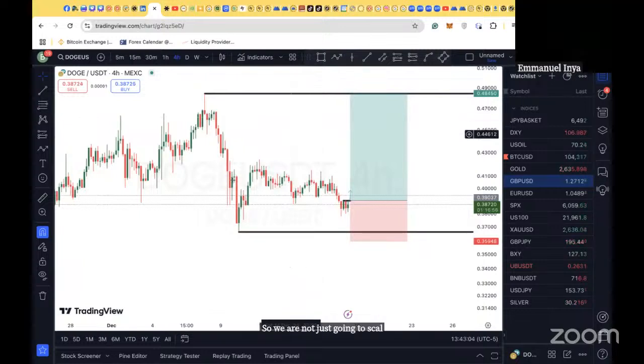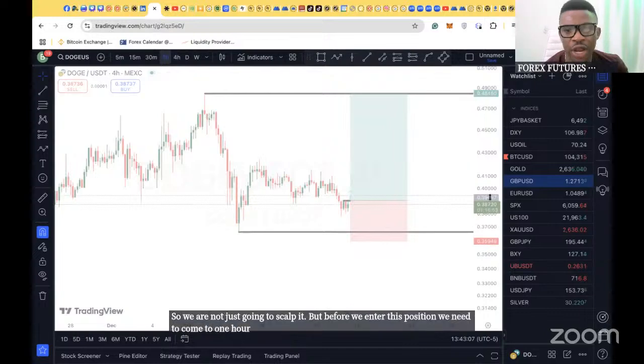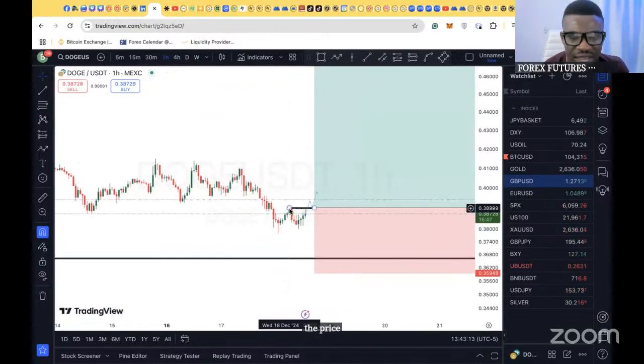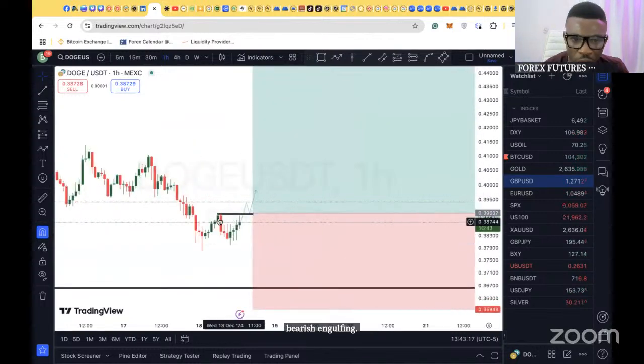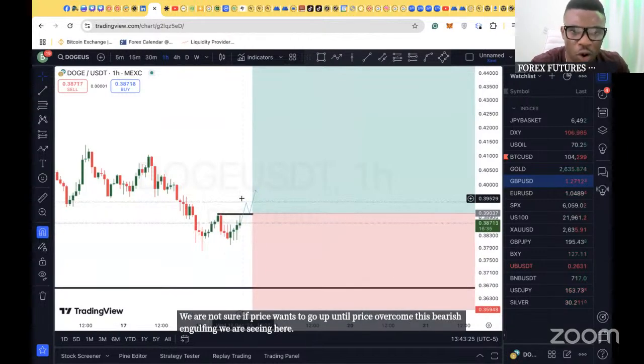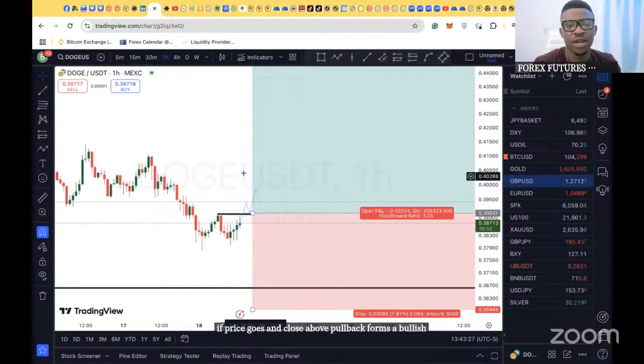But before we enter this position, we need to come to the 1 hour time frame. We need to see the price move above this bearish engulfing. This bearish engulfing is our problem. We are not sure if price wants to go up until price overcomes this bearish engulfing we are seeing here. If price goes and closes above, pulls back, and forms a bullish engulfing, then we are good to go on the H1 time